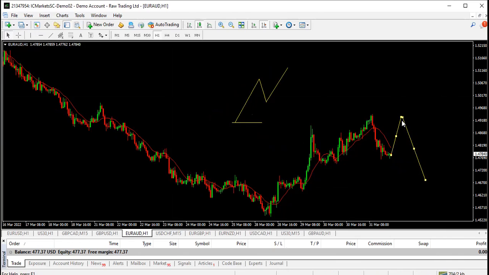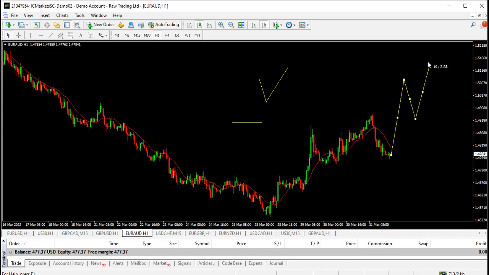Or you can say we expect the market to go from these points to an upside, and then make a correctional wave again to maybe this level, and then rally again